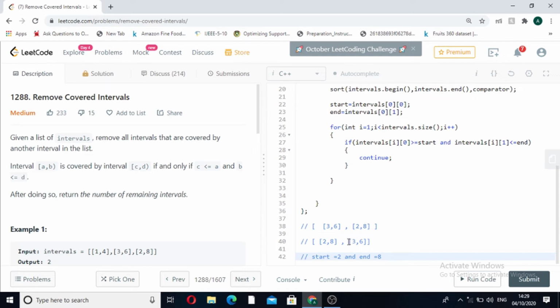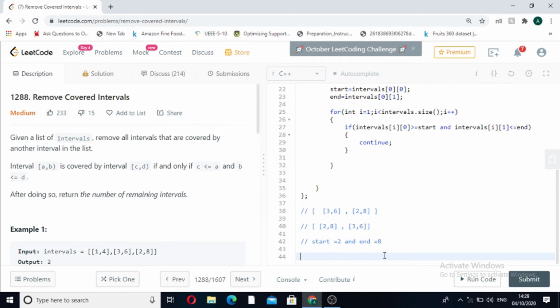Now we start our loop from the first position, that is from this interval. We check whether the first value of the current interval is greater than the start value and the last value of the current interval is less than the end value. Here we can see that 3 is greater than 2, that is intervals[i][0] is greater than start, and intervals[i][1], that is 6, is less than end, that is 8.